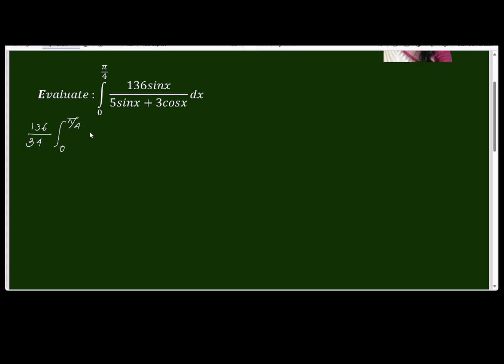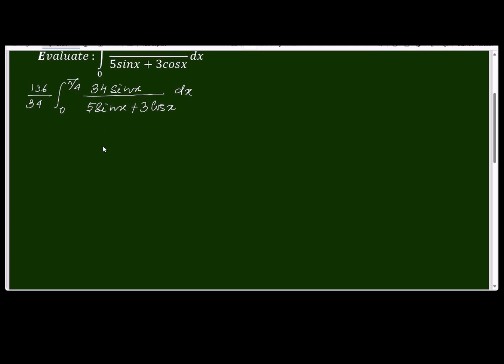So that the numerator will be 34 sin x and the denominator 5 sin x plus 3 cos x. And why I directly wrote 34, I'll just explain. In the next step, you can see that there is no cos x in the numerator, and the derivative of the denominator is not the numerator. So what we'll do, we'll break this numerator